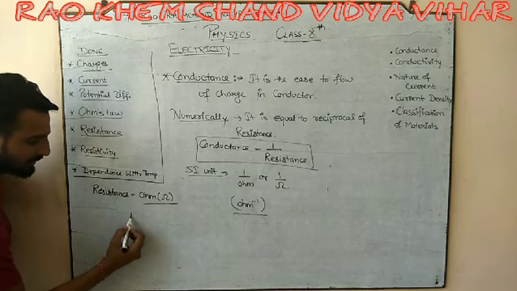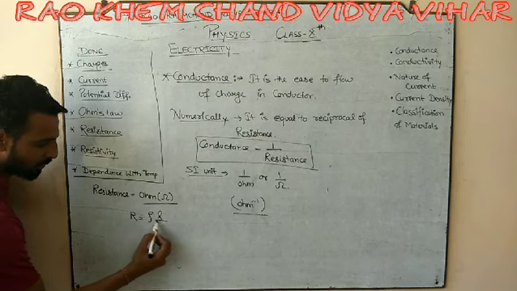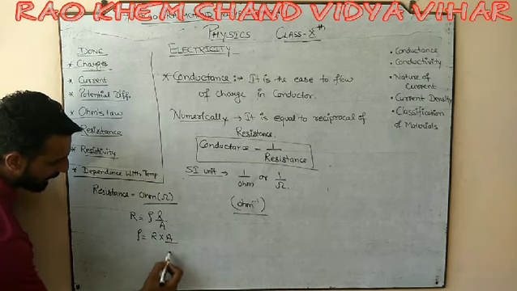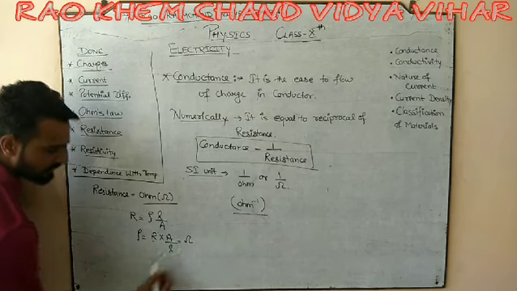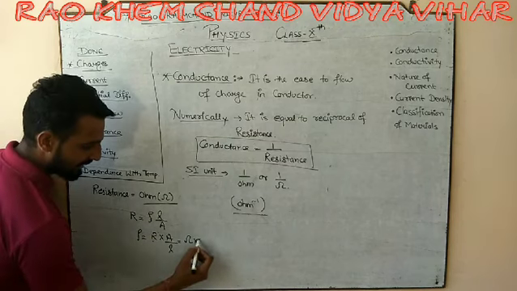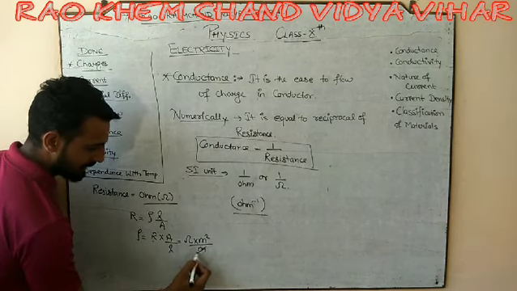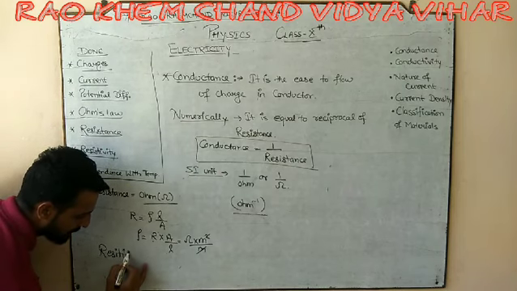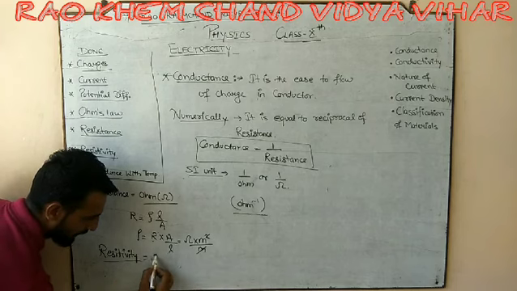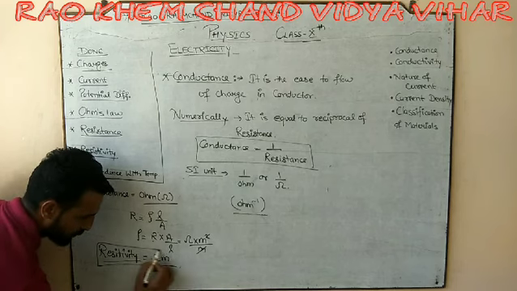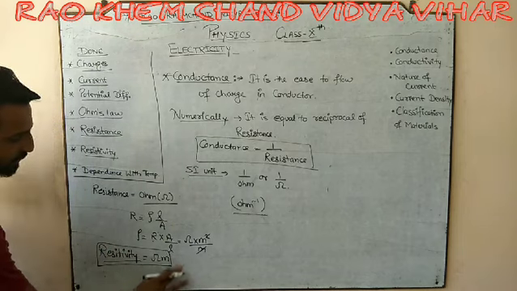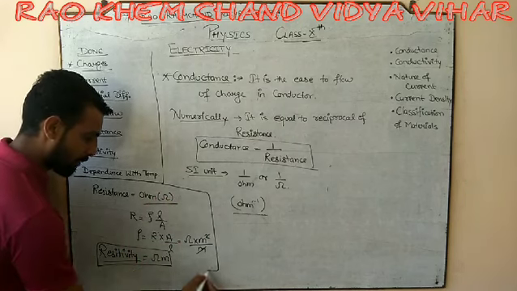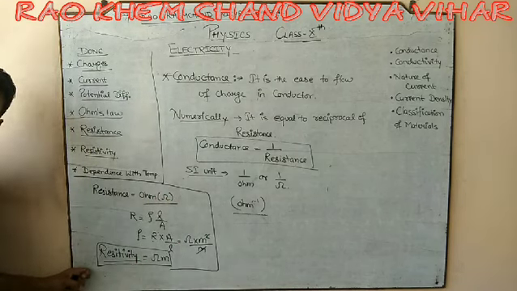Let's talk about the resistivity. So we know that R is equal to rho L by A. So what is the formula for rho here? R into A by L. R means ohm. Area is meter square and length is meter. So what is the SI unit of resistivity? The SI unit of resistivity is ohm meter. So you should note it down, please. If I forgot, sorry for that. So the SI unit of resistance is ohm and the SI unit of resistivity is ohm meter.